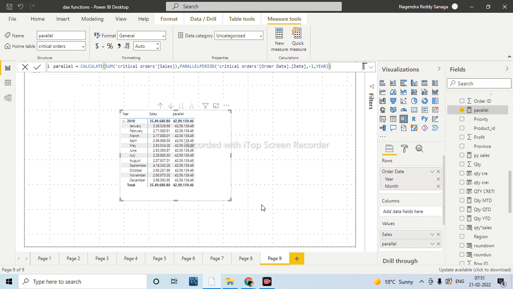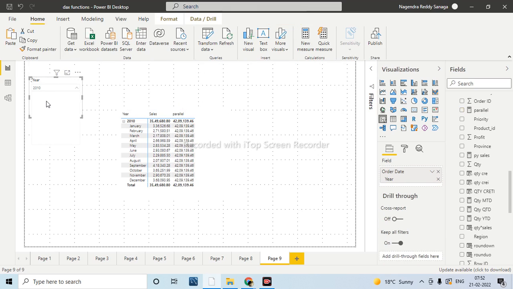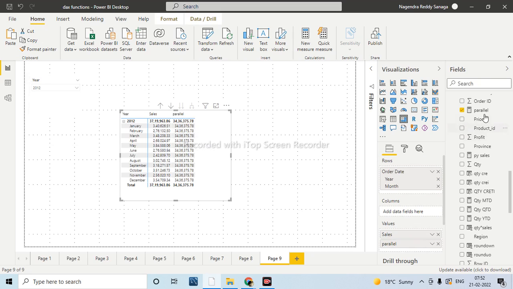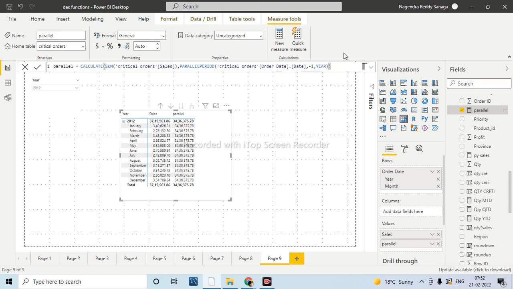Yes, and again, here in formula, there is a -1. So if we have, for example, 5-year data, we can use -2, -3, -5. Now here I am taking, let me take. Now here I will first select the 2012 information. Now if you want to see the information, now this value is for 2011, right? Now if you want to see the 2010, right, directly you can use the -2. Then in the parallel period you will get the information for 2010 itself.